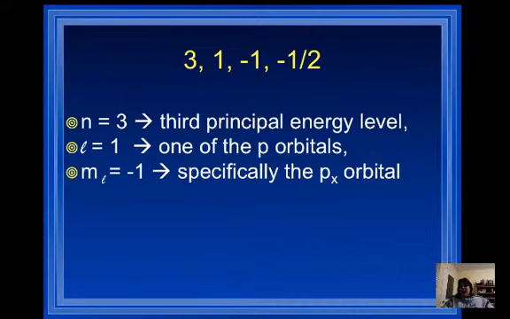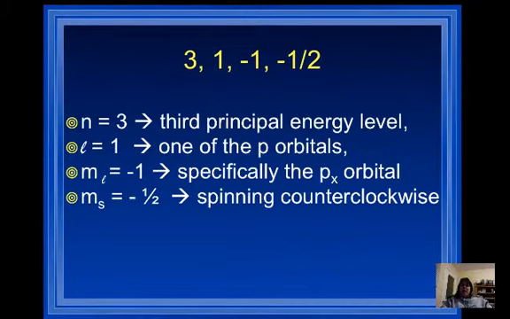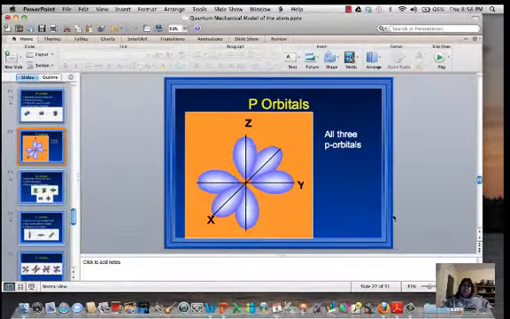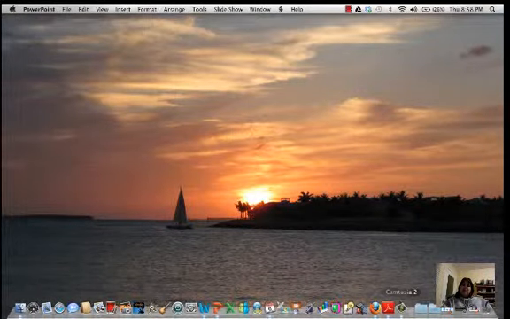So if m sub L is negative 1, this is specifically telling me the orientation of the p orbital. It's the px orbital. And then when m sub s is negative a half, we're talking about counterclockwise spin. So, just to refresh our memories, we know that the 4 quantum numbers